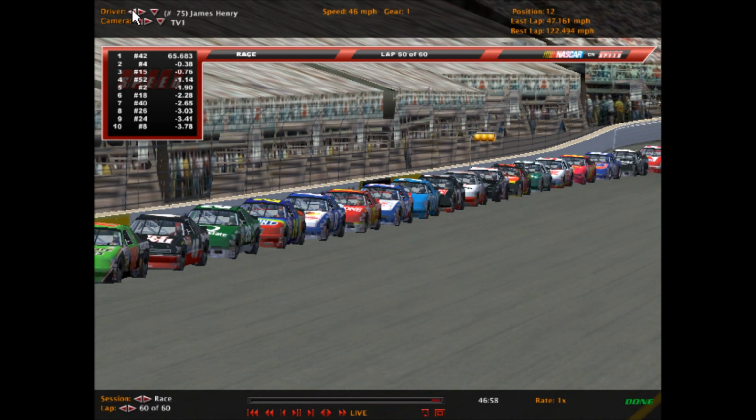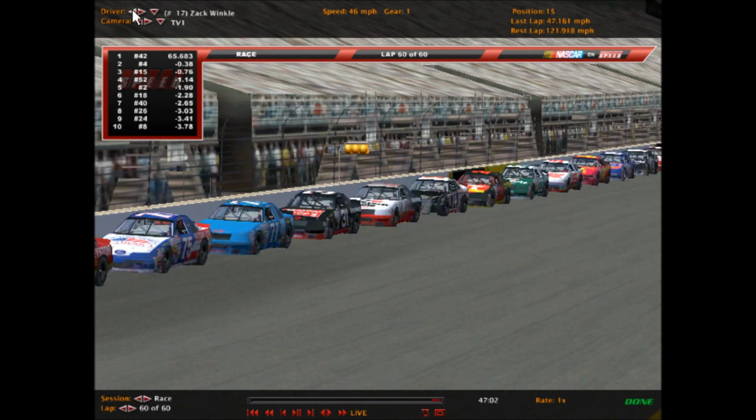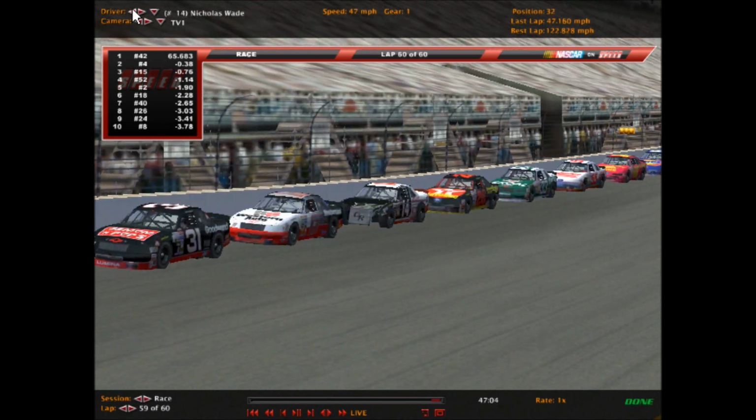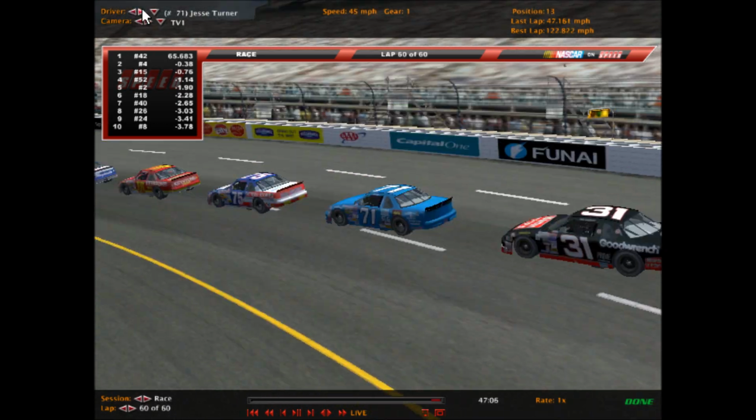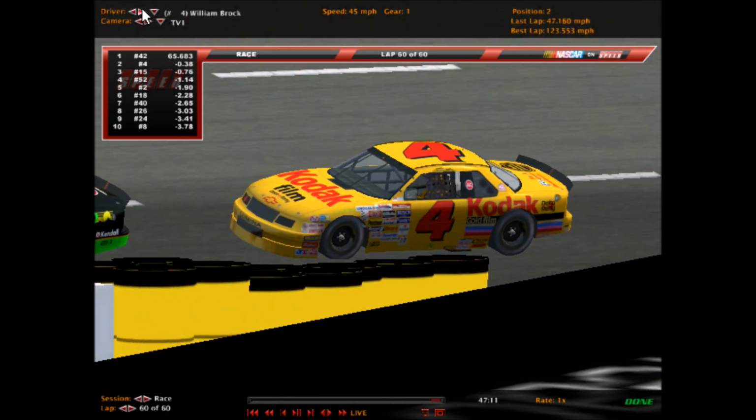Cat Batson 11th. 12th will go to James Henry. Jesse Turner 13th. Jose Mills 14th. 15th will go to Zach Winkle. And we'll get the checker flag here right now, as Kyle Matthews